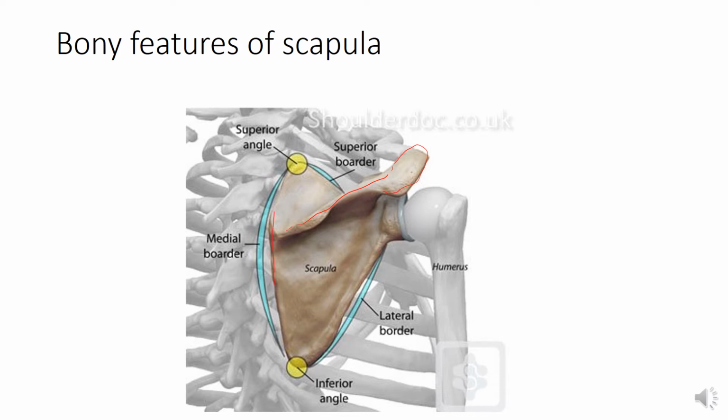This is the medial border, which is thin, lying along the vertebral column, and the lateral border, which is on the lateral side, and it is a thick border. And here on the upper part of the lateral border is the glenoid cavity, which makes the glenohumeral joint or the shoulder joint